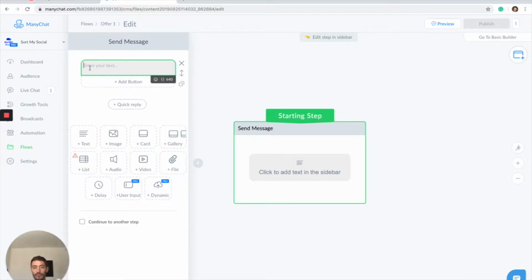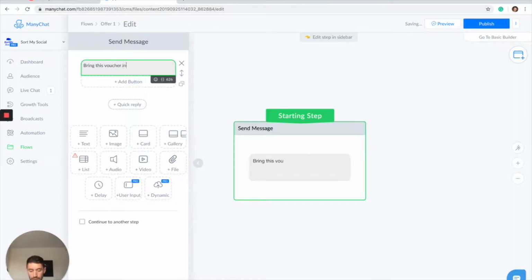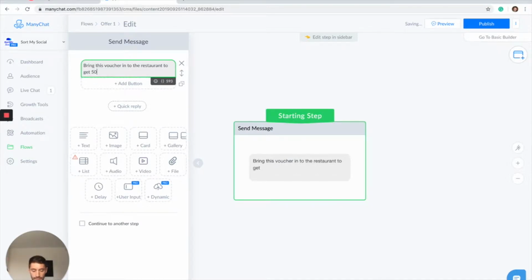So what we need to do here is actually type the terms of the offer into the message, and maybe also give a nice image or a nice picture or something like that, just to make it seem a little bit more official, a little bit more professional as well. So first thing we want to do is say: bring this voucher into the restaurant to get 50% off any